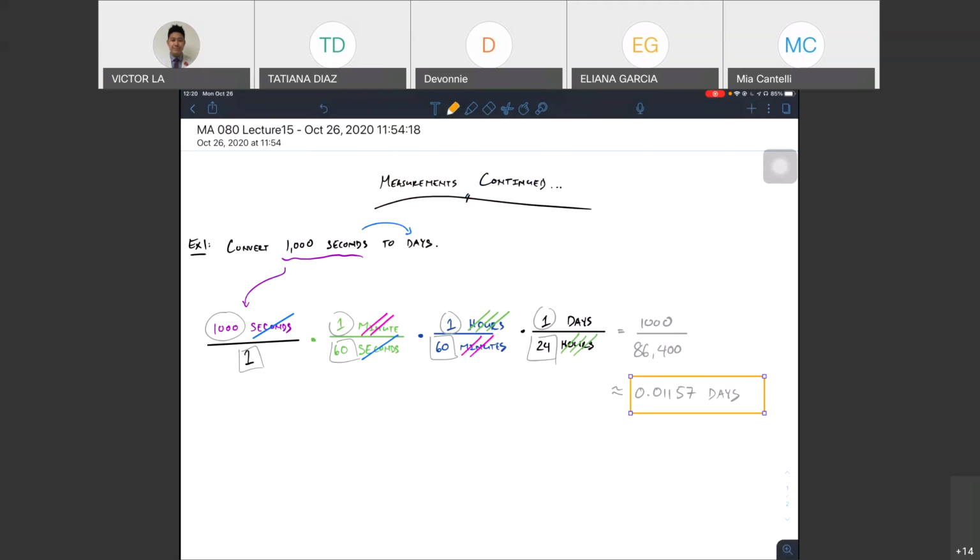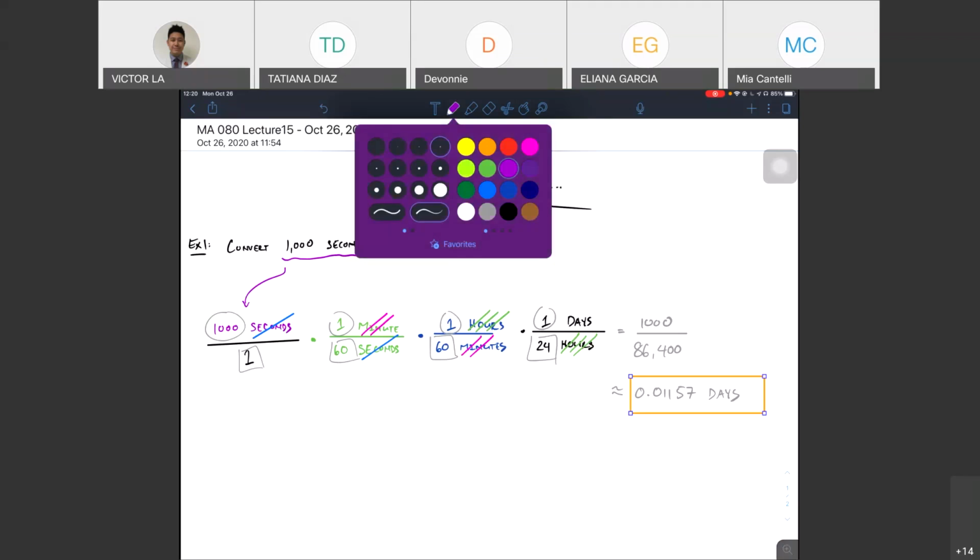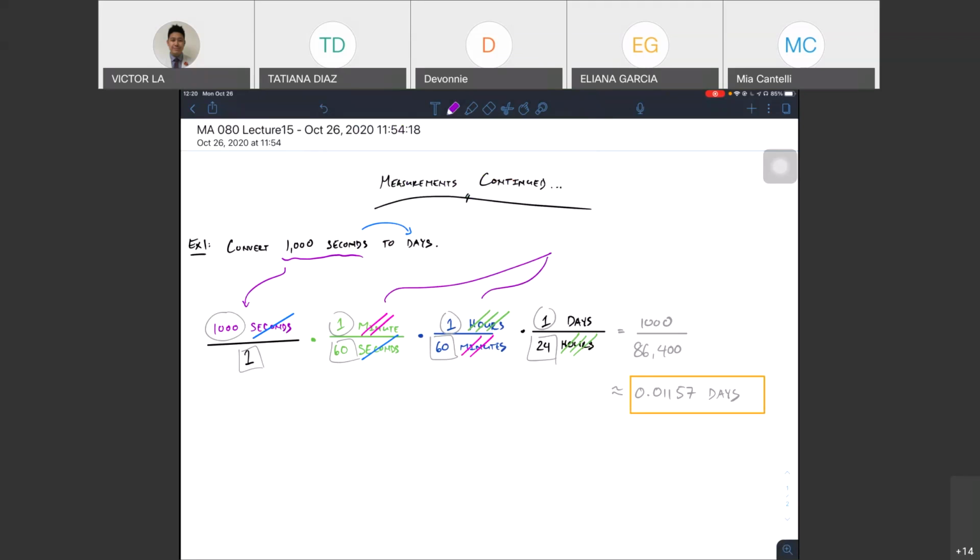However, notice how the numbers don't cancel evenly. 1,000 and 86,400, it doesn't go into it evenly. But the important thing is notice how we did not use a single conversion fraction. We used 3 different ones. And what were the 3? They were here, 2, and 3. And again, remember these are unit conversion